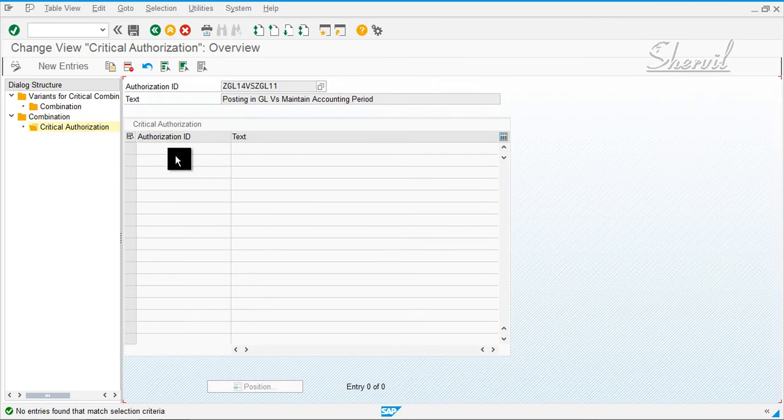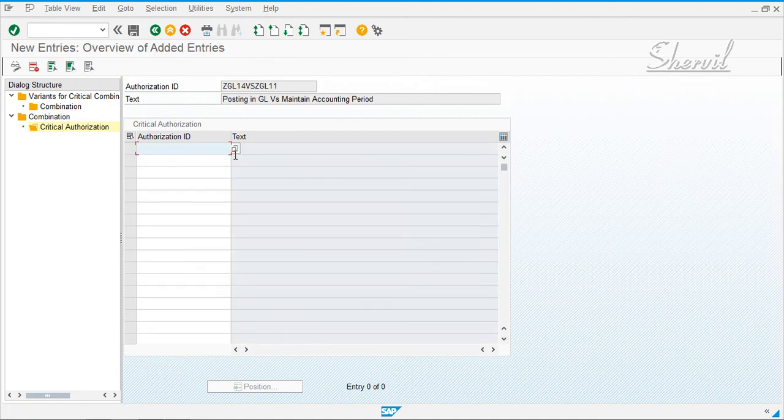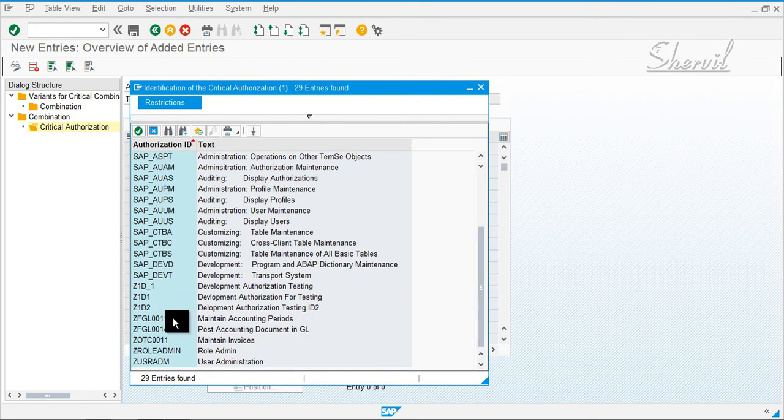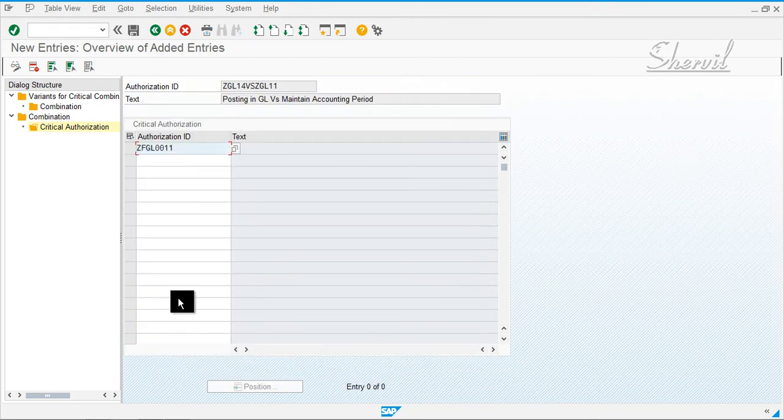This is where you are now going to enter your critical authorizations that conflict with each other, which in GRC terminology is your function IDs. So click on the authorization ID and pick the authorization ID that you want. So GL11 with GL14.